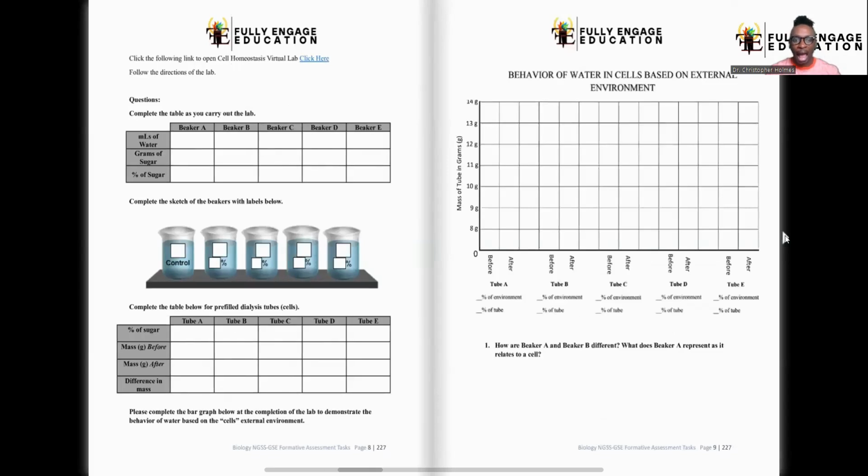Then they go into an actual task. Now, if you're looking at this, this is very front heavy. This particular link is going to take them to a virtual lab. The virtual lab, they will run it and then answer the questions in this lab, filling in the tables. They will go in, create a graph. All of the data here related to percentage of concentration of the environment and in the tubes will all be located. And then they're going to begin engaging in